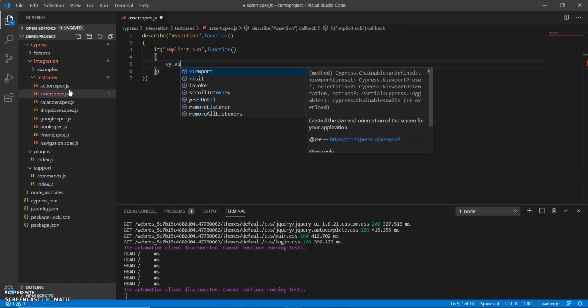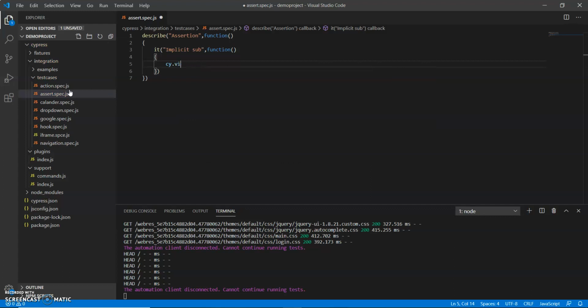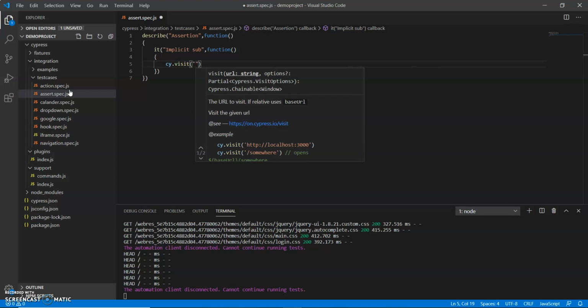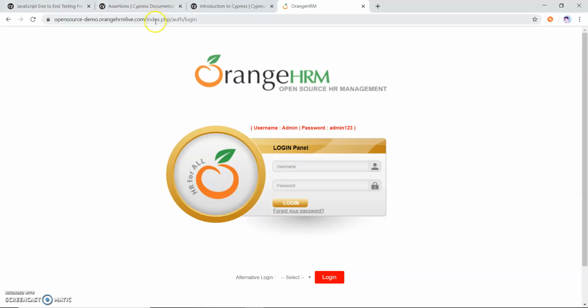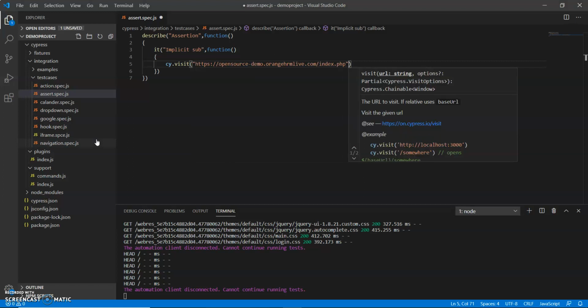First I need to open the application, so I need visit. Let me copy the URL of the application and paste it.